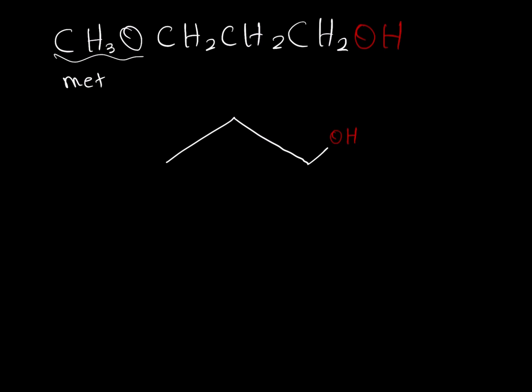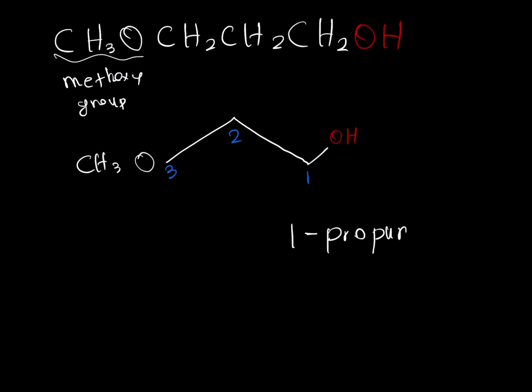So we can just write it out like this. Now, when we count, we don't start from the left because we want to prioritize the OH, so we count from the right. So we have propanol, and more specifically we have 1-propanol because the alcohol is on position 1. So I would start on the right side with 1-propanol, and in terms of substituents we have,